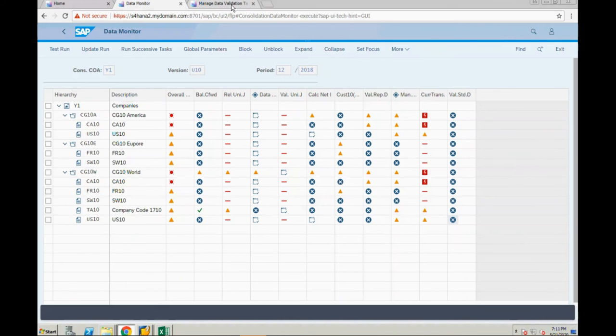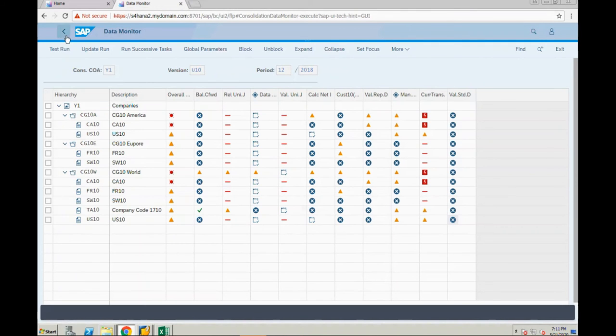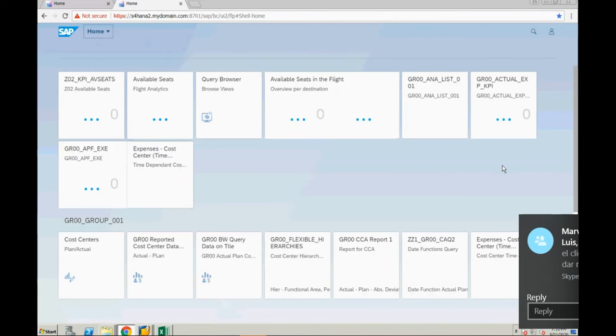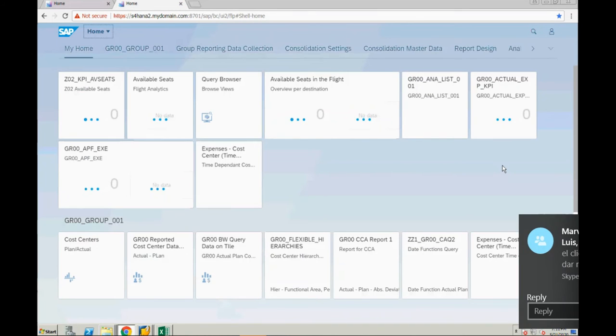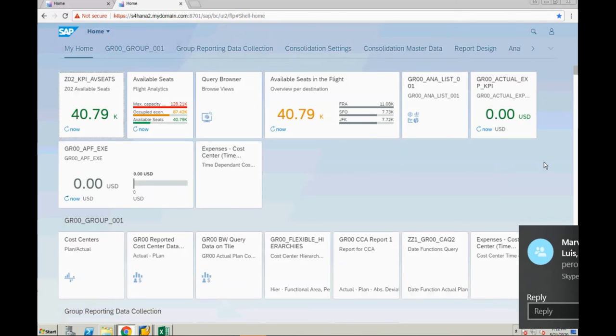So here, what tasks are to be performed by the group accountant? Ownership percentages, intercompany matching, intercompany eliminations.